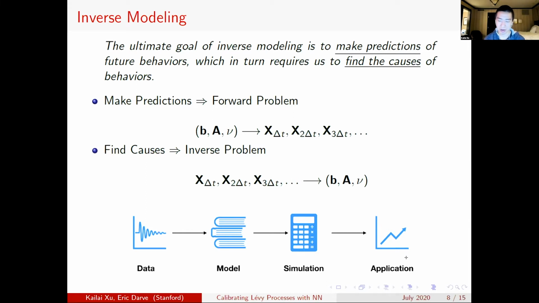But typically, for many new physical phenomena, we do not know these parameters beforehand, or it is very hard to model them, so we have to find them from data. Usually we only have a finite amount of data, but we want to estimate these 3 parameters, which is essentially an infinite dimensional mathematical object because we have an unknown function here. So this is a major challenge for doing inverse problems on this kind of Lévy processes.